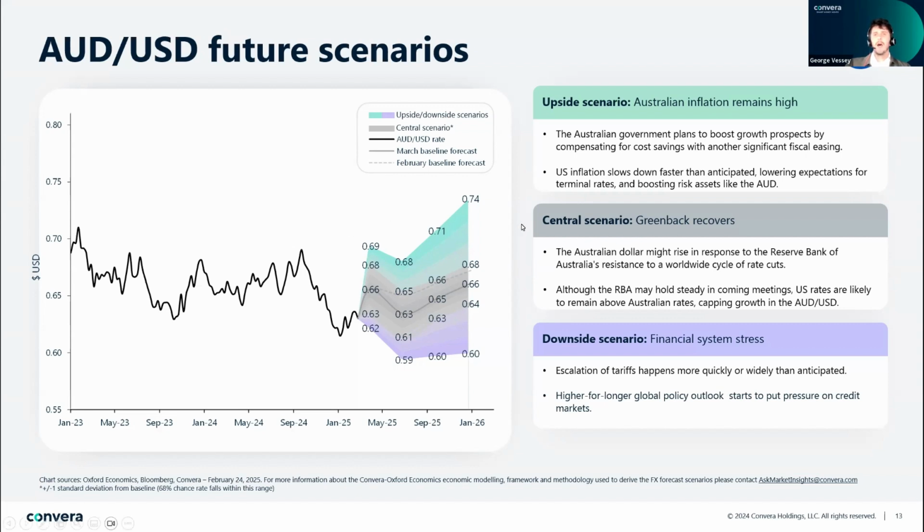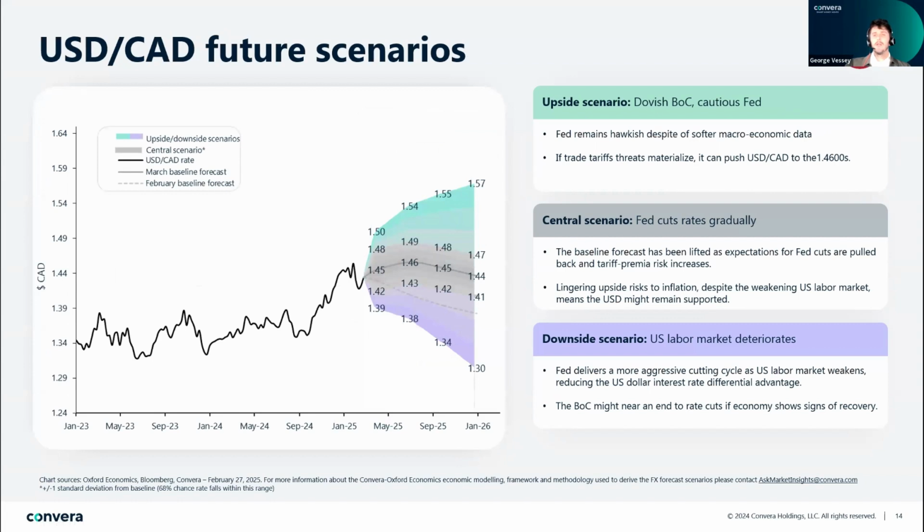And then finally, the US dollar against the Canadian dollar. Unsurprisingly, that baseline forecast has been revised higher in favor of the US dollar, but the pair has recently pulled back off the highs after the US tariff scare. We think it should, however, be supported around that 1.42 mark as the US has levied steel and aluminium duties on exports worth around 1% of Canadian GDP, whilst the risk of new US universal tariffs at a later stage still remains substantial.